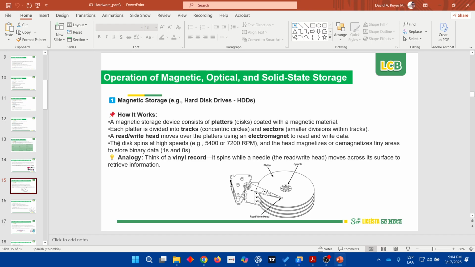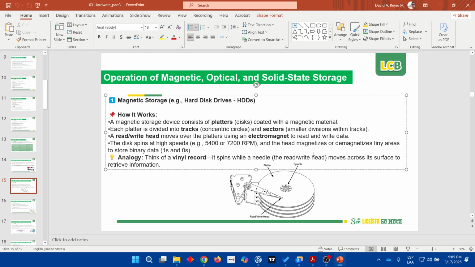That means, for example, that this is the highest speed in a hard disk: 5400 o 7200 revoluciones por minuto. ¿Qué quiere decir eso? Que daría 7200 vueltas en un minuto. Esa es la velocidad. Y la información es almacenada